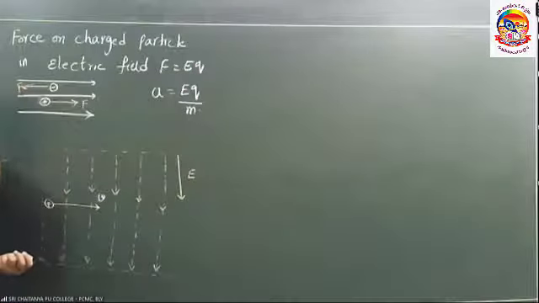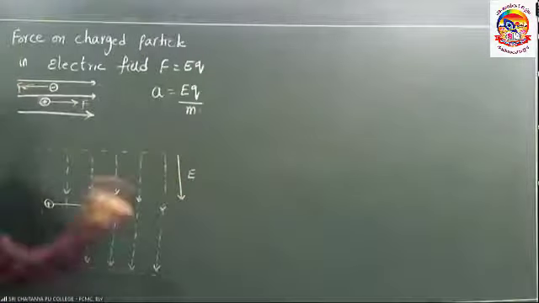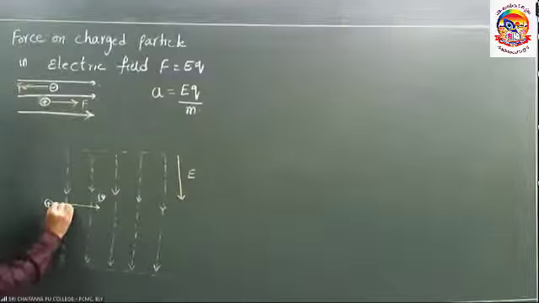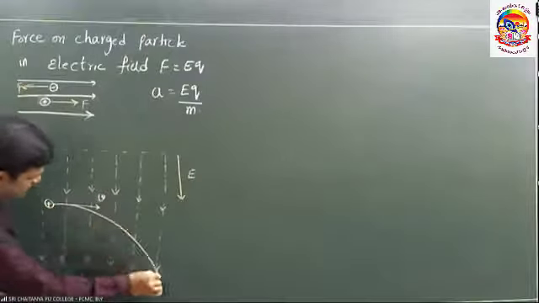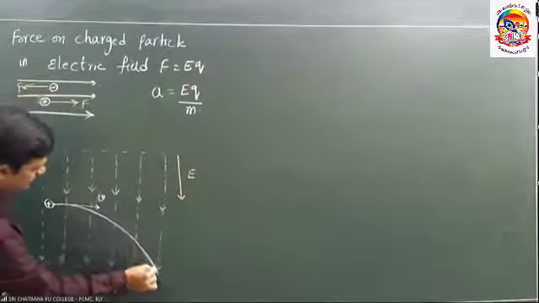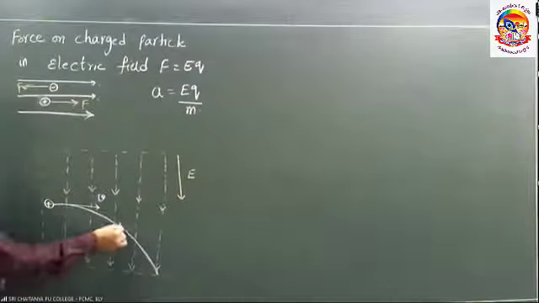Just recall the knowledge of horizontal projectile from the first year. Gravitational field is acting down. A body is projected horizontally. Then we know it moves in a parabolic path. Here also the same thing. It follows this path. This is the path followed by the particle. Which path is it? Parabolic path.